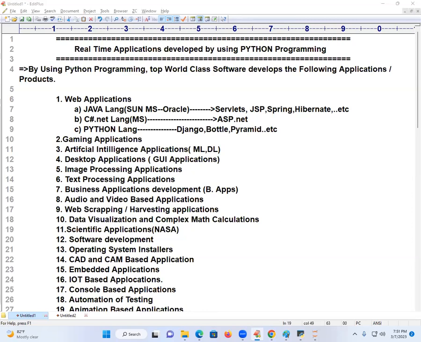You have done your MBA in 2010, so you have almost 10 years of gap. So what I'm saying is, you learn data science along with this Python coding so that you have a better career, the best career will be there.